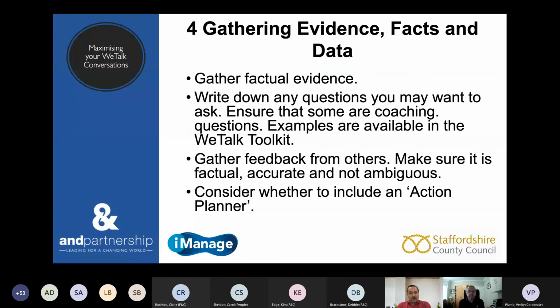And there's some brilliant examples actually in the WeTalk toolkit. I know Dave referenced that earlier, which is on the intranet. It is well worth having a look at that, because there's some great coaching questions on things like well-being, development, feedback and recognition, and team contribution. And yeah, it's situational, but actually asking coaching questions that really get people to think for themselves and come up with their own answers, I think is really important. And again, goes back to that ownership model that Dave covered a little bit earlier.